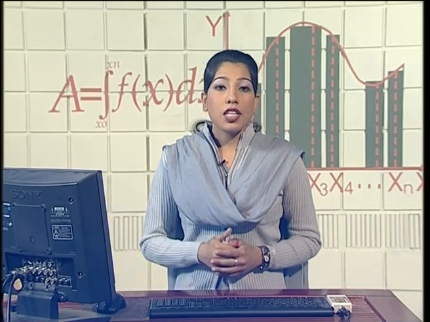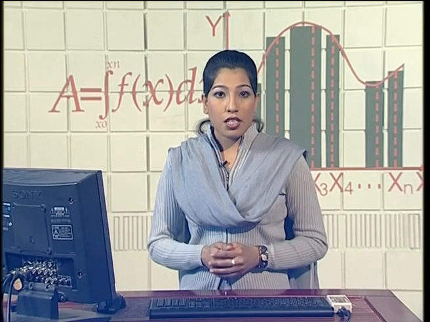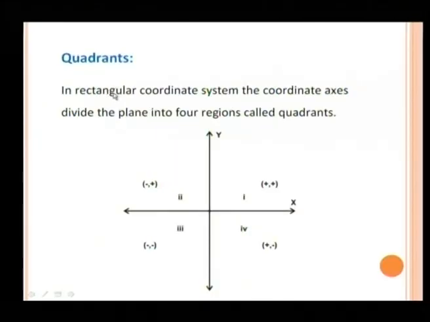You can see a definition and a figure of the Cartesian plane to explain quadrants. In the rectangular coordinate system, the coordinate axes divide the plane into 4 regions which are called quadrants. These are numbered anti-clockwise with Roman numerals. In the first quadrant, you can see that the signs in the ordered pair are plus and plus, which means all the values having positive x and positive y lie in the first